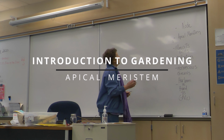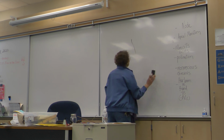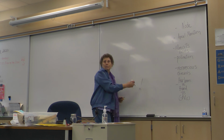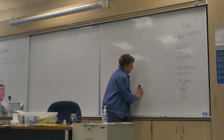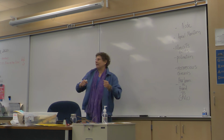I wrote Apical Meristem, because on the top of a plant, the growing tips have apical meristems, a kind of cell tissue, and also on the roots. So on the top and on the roots is all apical meristem. Meristemic tissue is the stuff that grows, but the apical meristem has a hormone, and it tells everybody else, you're